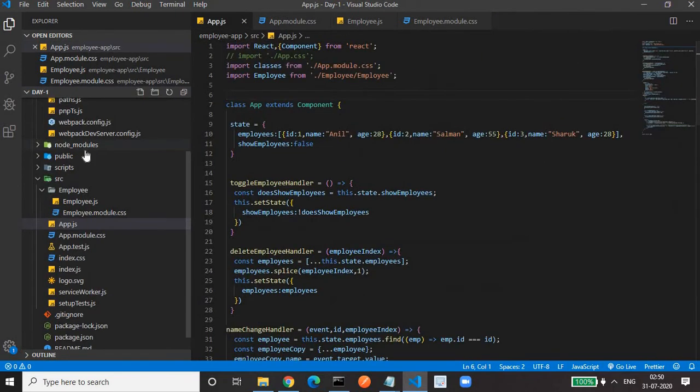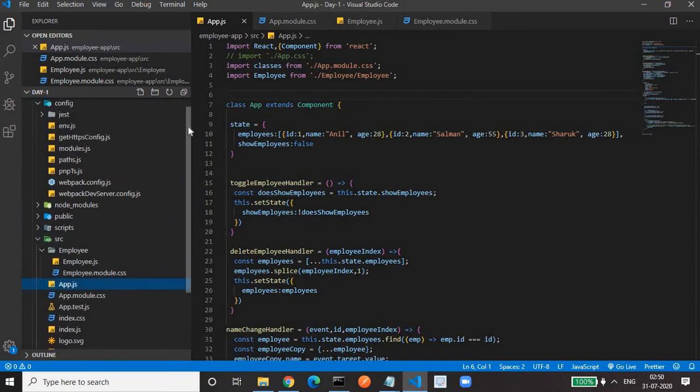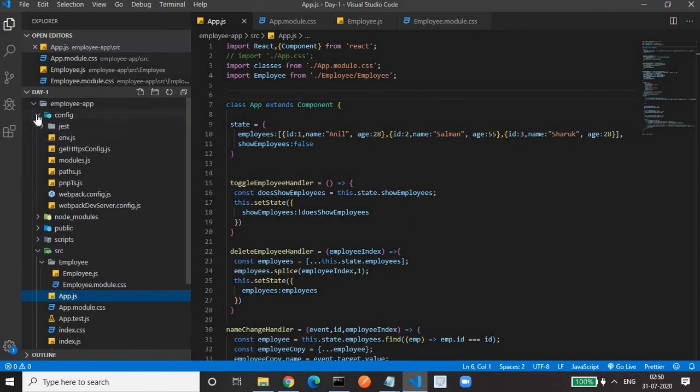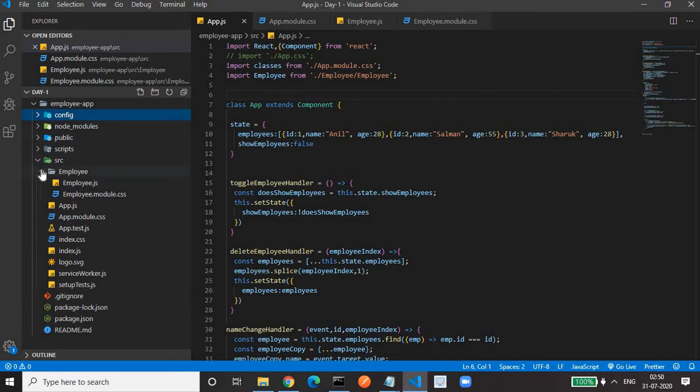It is not needed at all for those having React script more than 2.x version. The only change in that case is you have to rename your CSS file as .module.css. Earlier it was employee.css, but I want to use the CSS module feature, so that's why we have to use .module. This is the convention for those using React script greater than or equal to 2.x version. If it is less than that, you have to use the traditional way, employee.css.